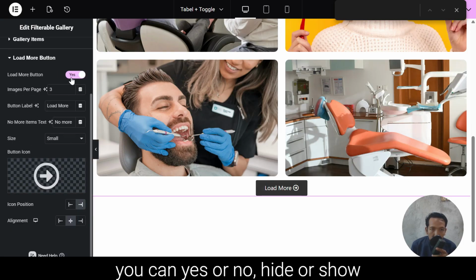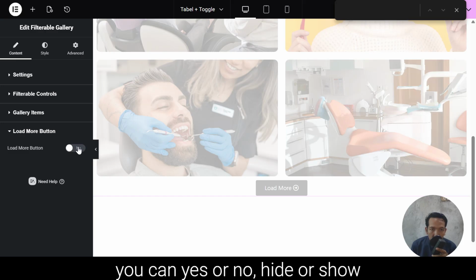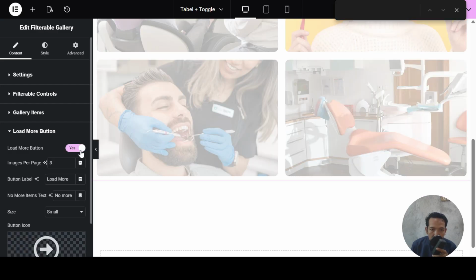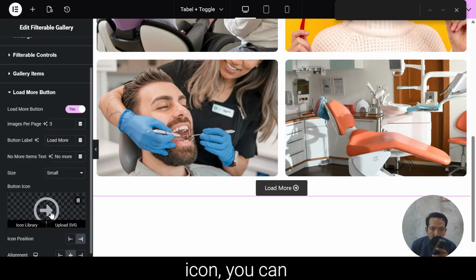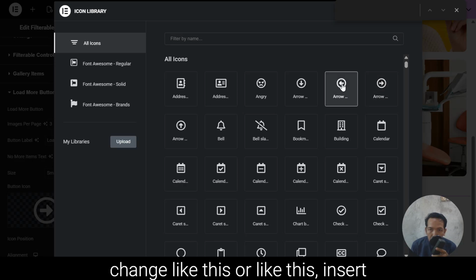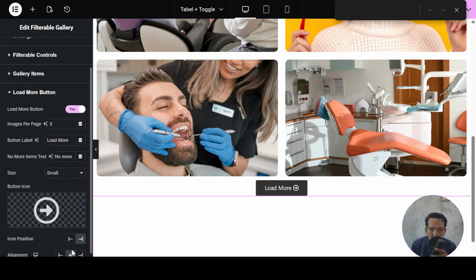You can choose yes or no, hide or show like this. Icon, you can change like this or like this. Insert, and then